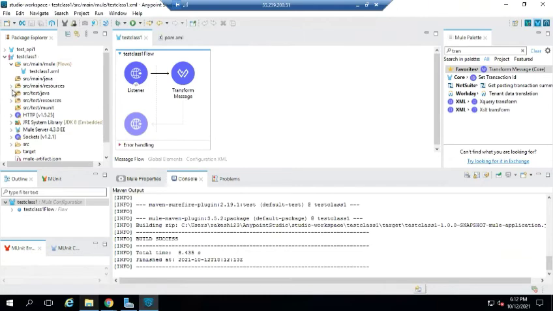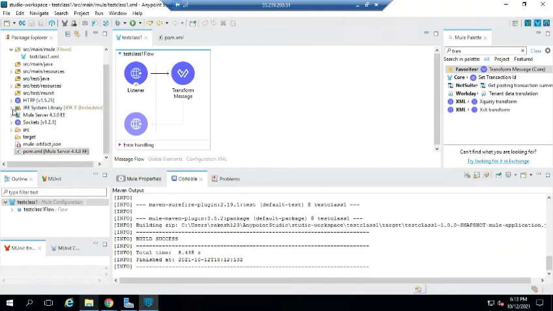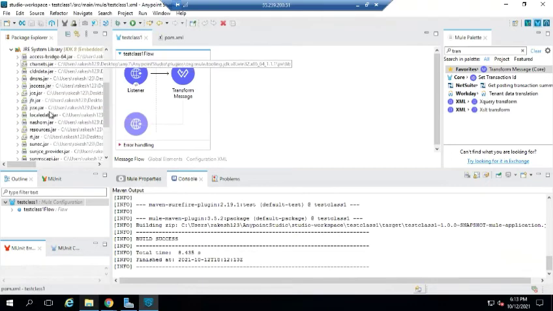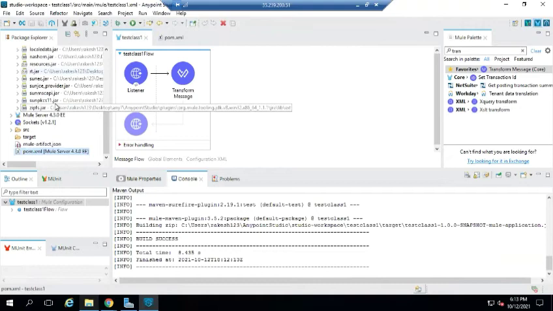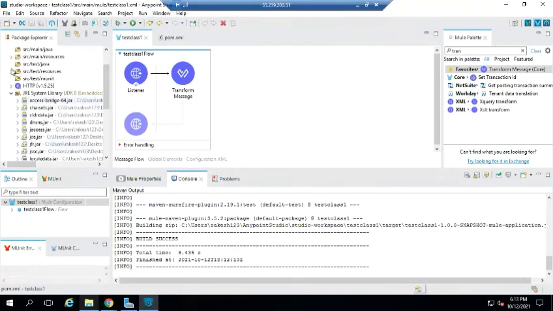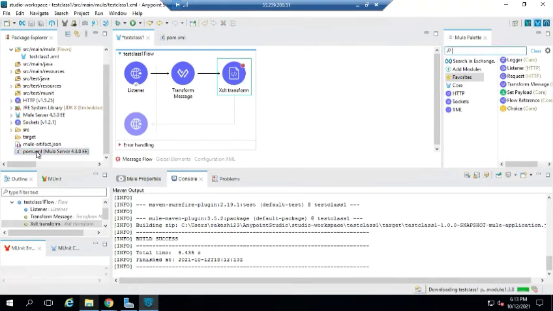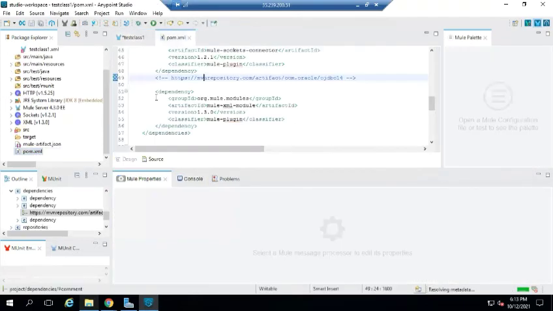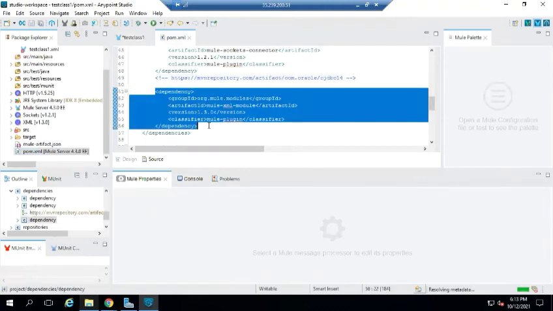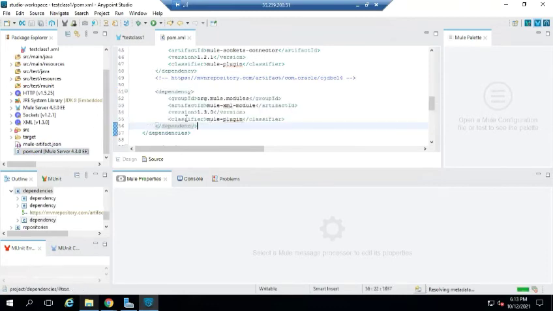Okay, so when you see here, all the jars are here. So you can find them here. And if it is a different connector, suppose I add the transfer connector. Let me add the XSLT transfer. So this dependency will automatically get added in the pom.xml. See, this was not there. When I added that connector, it automatically got added. This thing Mule is handling, you don't need to worry about this part.